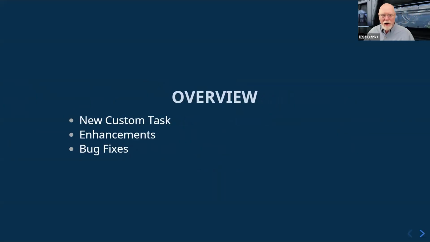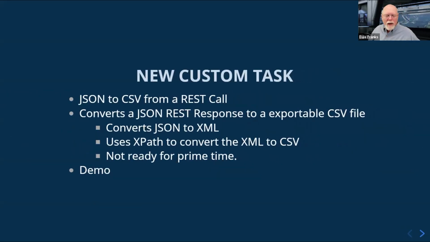We have the new custom task that I just mentioned, but we've also got several other enhancements that have been added to the product for our next release, which currently is being called 6.1.400, but may become 6.1.500. Not entirely sure how the numbering scheme will work out in the end, but it will be in our next version, whatever we decide to call it. And there are a number of bug fixes, most of which you probably would never notice, but we'll cover them today. But to start off with, we want to talk about the new custom task.